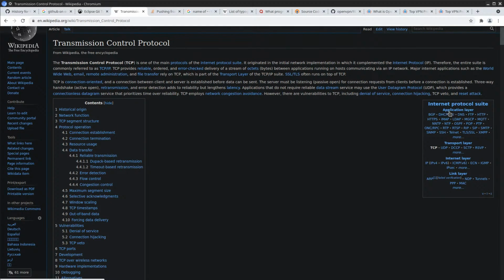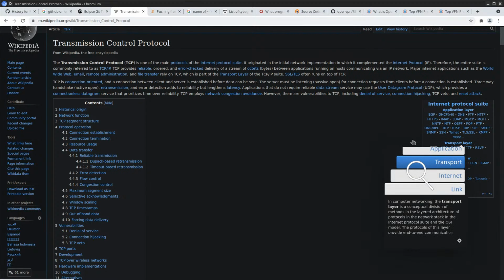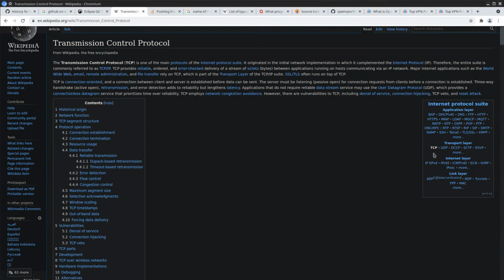Yeah, HTTP is the application layer, transport layer is either TCP, UDP, and so on. Then it goes down to the IP layer. And this link layer, I have no idea. None of these sound familiar to me. Okay, I guess TCP and UDP are just lower level protocols.